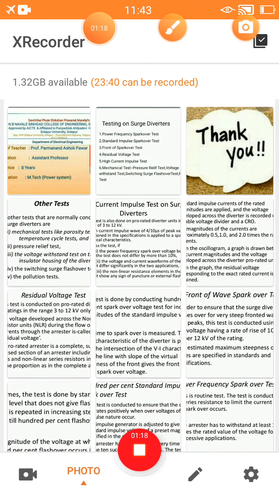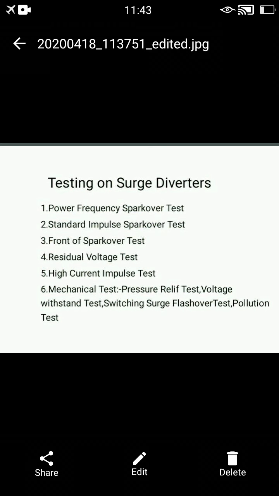So from an understanding point of view, the testing of surge diverters is classified into 6 different types of tests. The first type of test is called the power frequency spark over test. The second type of test on the surge diverter is called the standard impulse spark over test. The third type of test is called the front of wave spark over test. The fourth type of test is called the residual voltage test. The fifth type of test is called the high current impulse test, and the sixth type of test is called